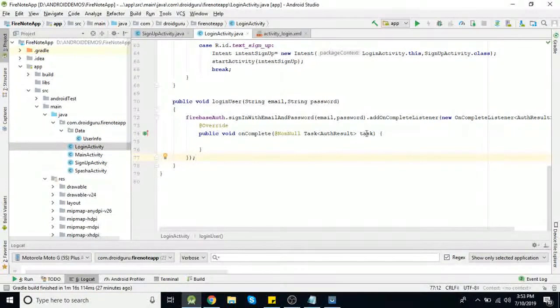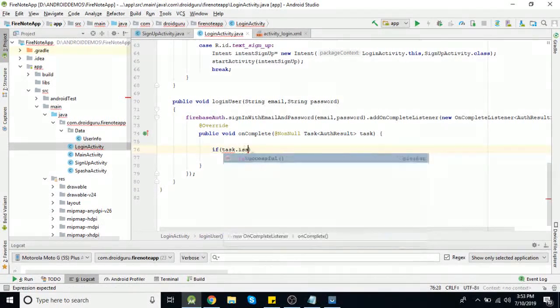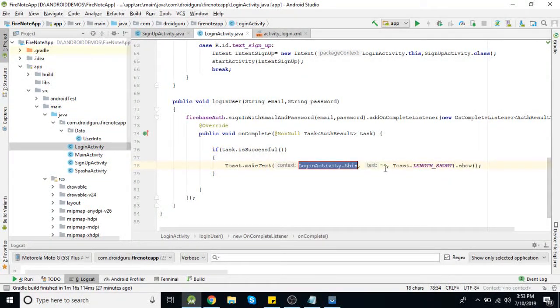So if this task is successful, it means the user is logged in successfully. So after that you can display a success message and you can add any action that you need to do next. So first I'm checking if the task is successful, then first we'll display some success message. And after this successful login, I want to send my user to the home screen, that is main activity in our case.